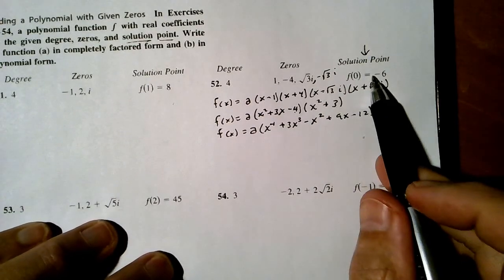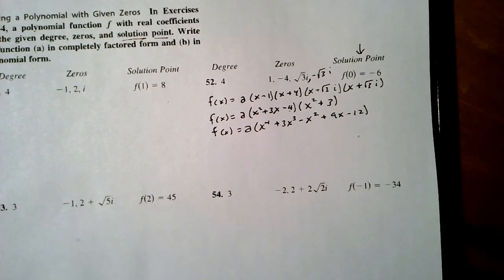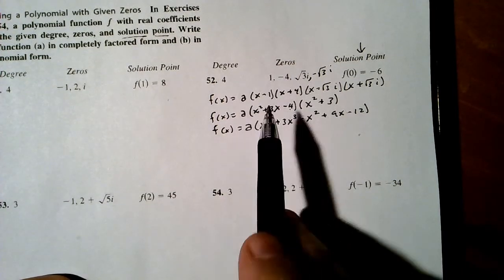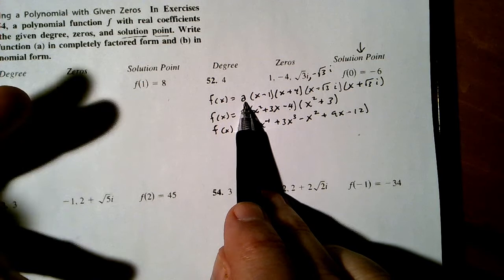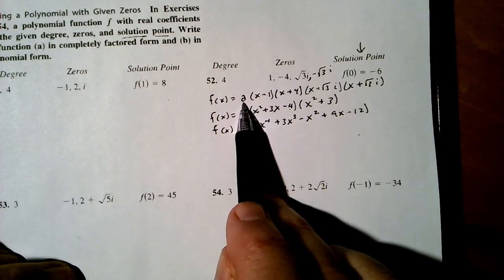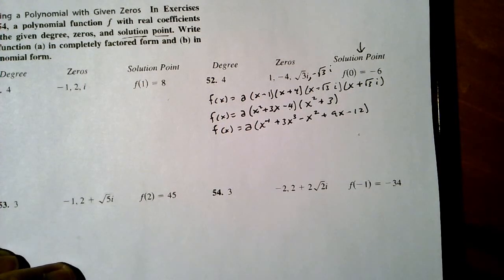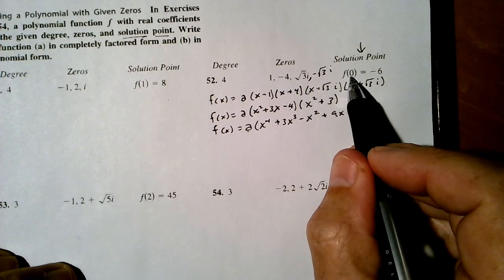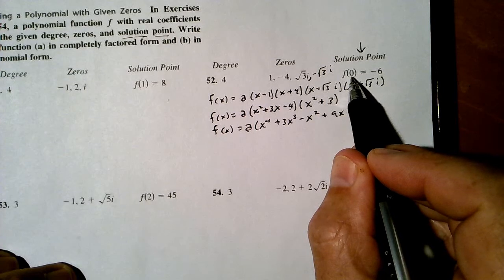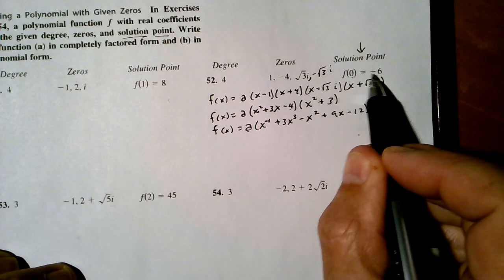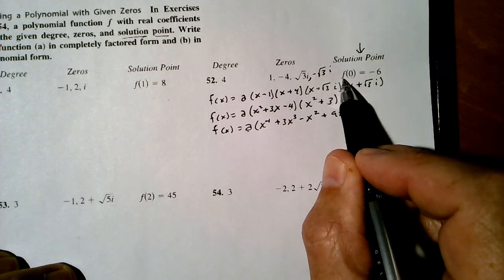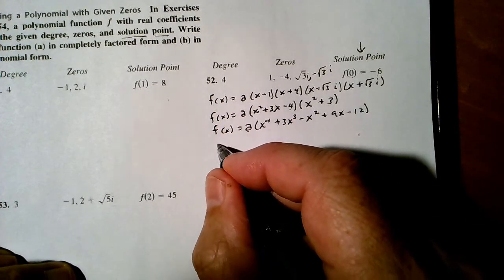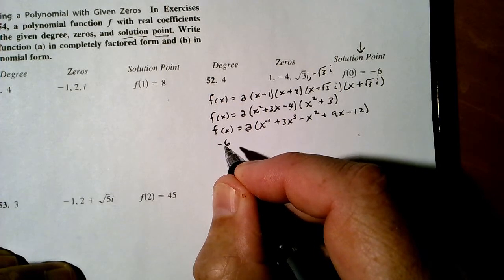Okay, now here's where the solution point comes in. We don't know what value of a is. We've got a graph that has these zeros, but if a happens to be 15, and I put 15 here, we still have all the same zeros. We have to ensure that a is a value that makes our graph tall enough that it passes through the point (0, -6). So I want f of 0, I want f to be -6 when x is